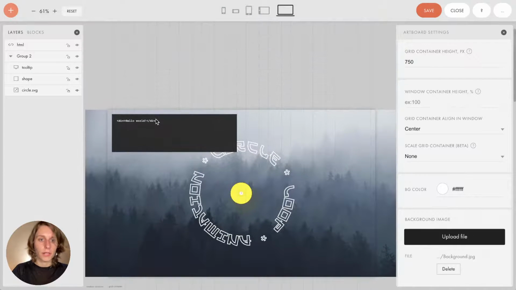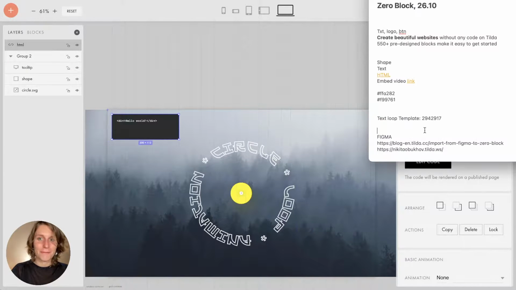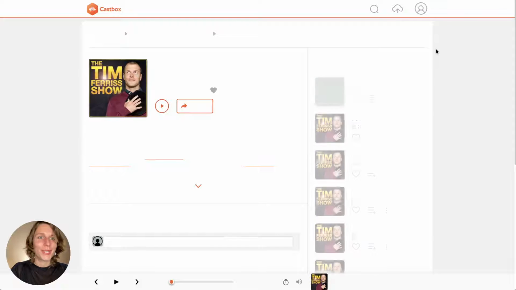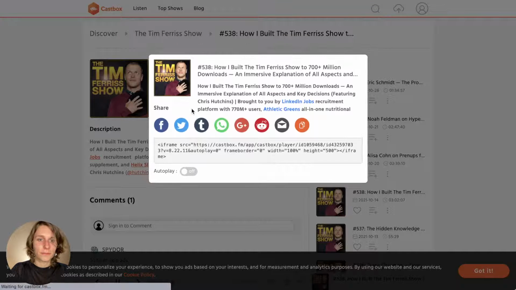Now, to add podcasts, it's better to use the HTML feature. You don't need to code to do this, I guess you all know. So if I want to see how this thing rotates while listening to the Tim Ferriss podcast, I will open his episodes in Castbox, hit the share button, and here are the iframes. This is the code that is used to embed multimedia pieces into your website. So I just copy this code, okay,